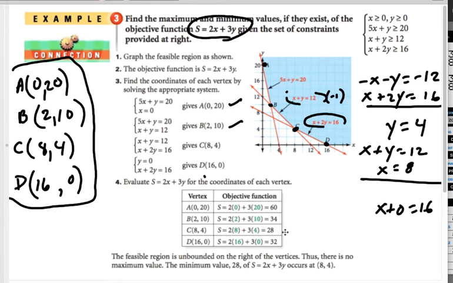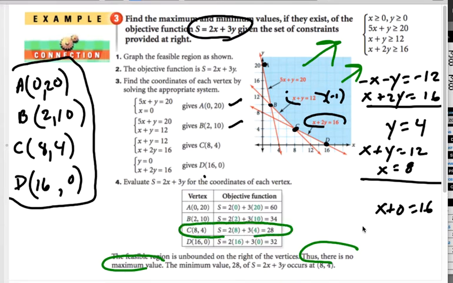I plug in all of those corners, and I find that the maximum happens at 60, that's A, and the minimum happens at 28. So I'm sorry, I lied. There is no maximum. I take that back. I wasn't even noticing the feasible region. So let's go back for a second and talk about why there is no max. There is no maximum value because this goes on and gets bigger forever. So there's no max. Here's the minimum, because this is bounded on the bottom half. That's the min. But there's no max